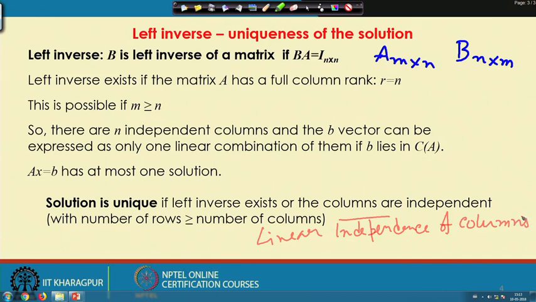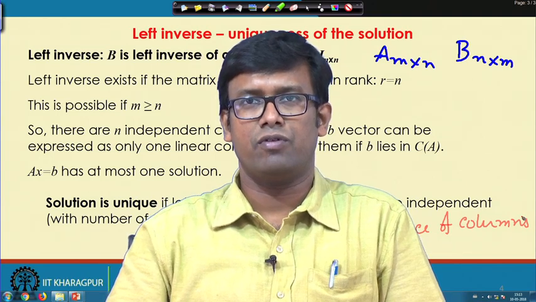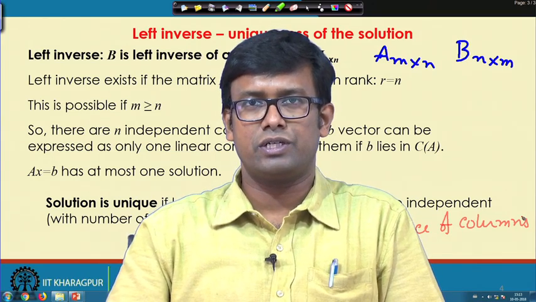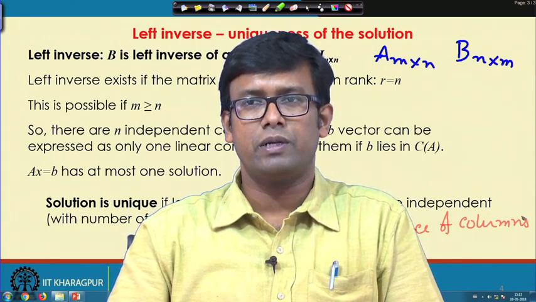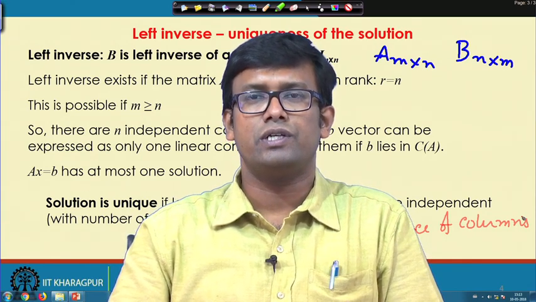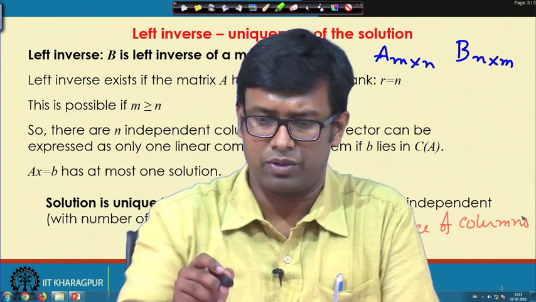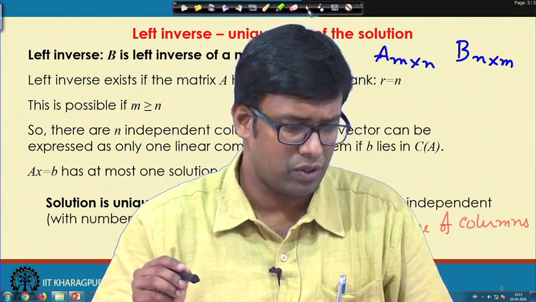So, if the rows are linearly independent, all the rows are linearly independent, then we have a right inverse which ensures existence of the solution. If all the columns are linearly independent, then we have a left inverse which ensures uniqueness of the solution. So, let us move ahead,